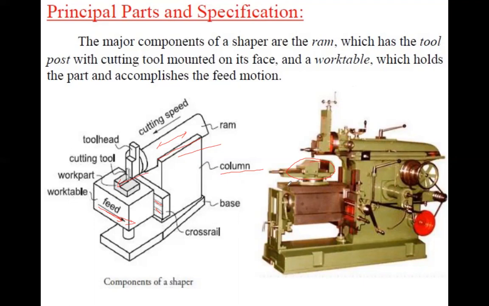So here you used to have some kind of grooves. On those grooves you can put the C clamps and other holding clamps, and you need to fix the workpiece. So whatever shaper you're seeing in this image, in this slide, is nothing but whatever shaper is there in your workshop. Those shapers are normally for small to medium workpieces.